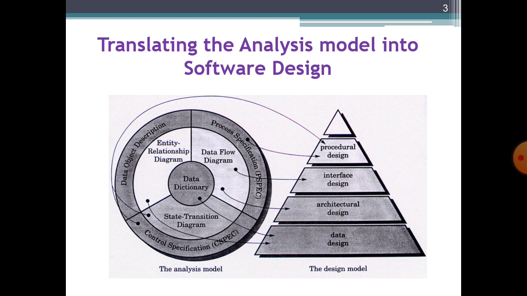So students, as we discussed many times, software design can be stated with a single word: quality. We can say design is the place where quality is fostered in software engineering. Design provides us with a representation of software that can be assessed for quality. So we can say design is the only way that we can accurately translate a customer requirement into a quality software product or system.